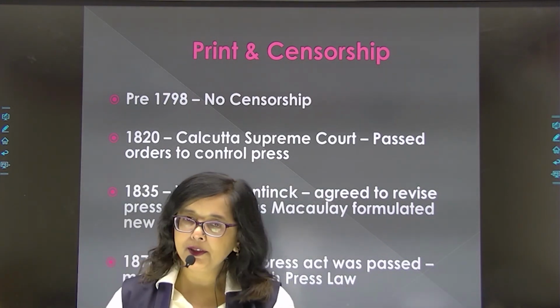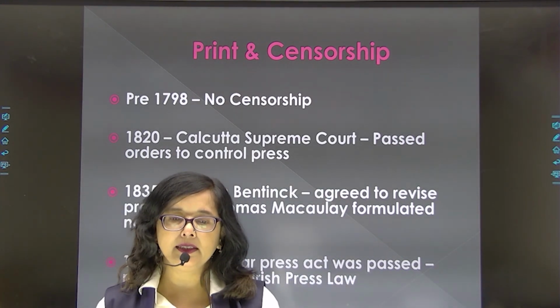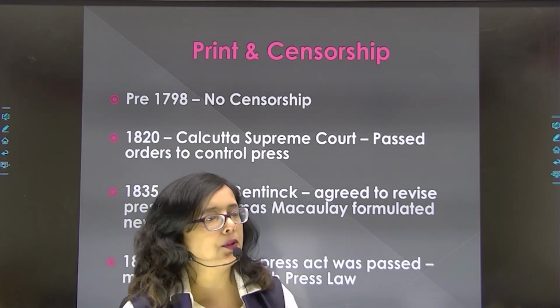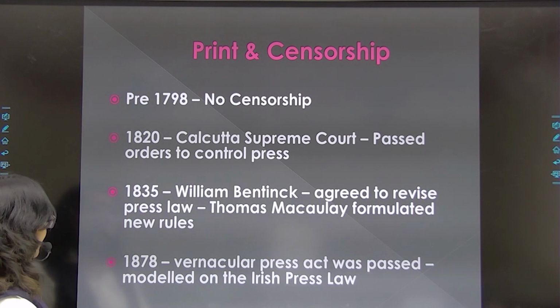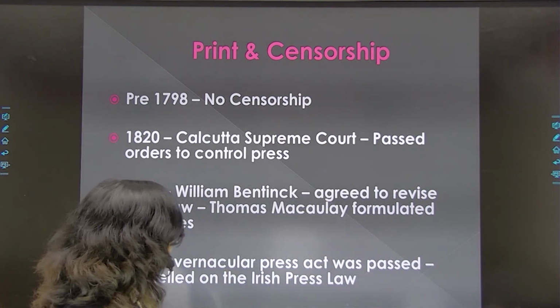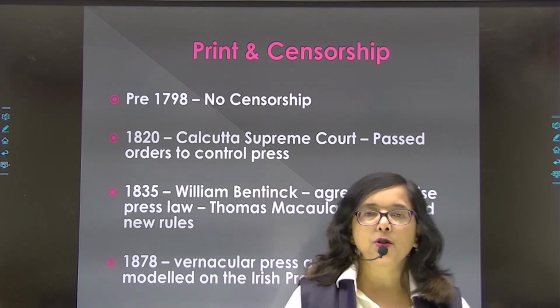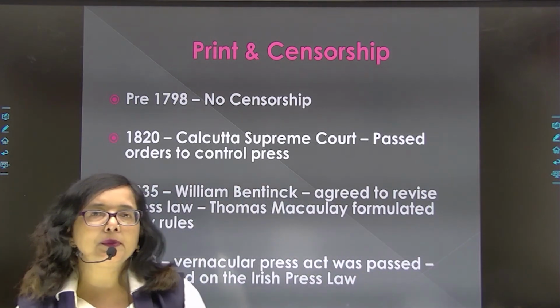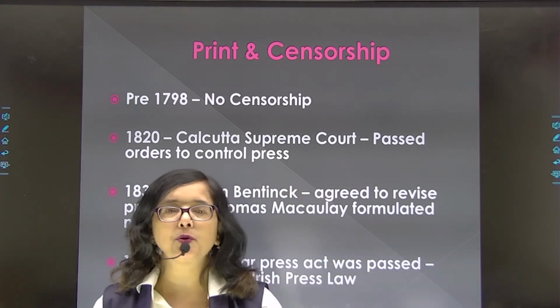एंड ऑल्दो द रिवोल्ट वाज क्रश्ड, बट इंडियंस के सेंटिमेंट्स चूंकि सप्रेस हुए थे तो धीरे धीरे फिर वो सर उठा रहे थे. तो फाइनली क्या हुआ, बाय 1878 देयर वाज वर्नाकुलर प्रेस एक्ट व्हिच वाज इम्पोज्ड इन इंडिया, एंड दिस एक्ट वाज बेस्ड ऑन आयरिश प्रेस लॉ, ठीक है। आप इसको जब द राइज ऑफ नेशनलिज्म इन यूरोप पढ़ोगे तो उससे रिलेट कर सकते हो